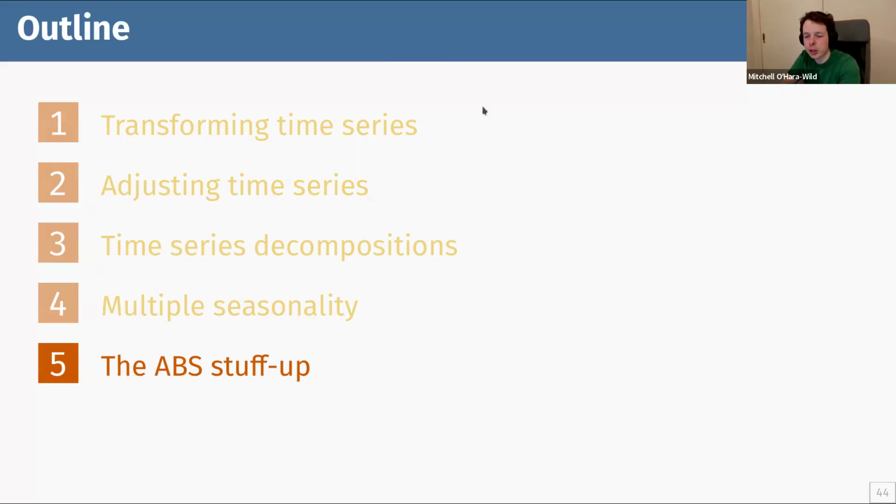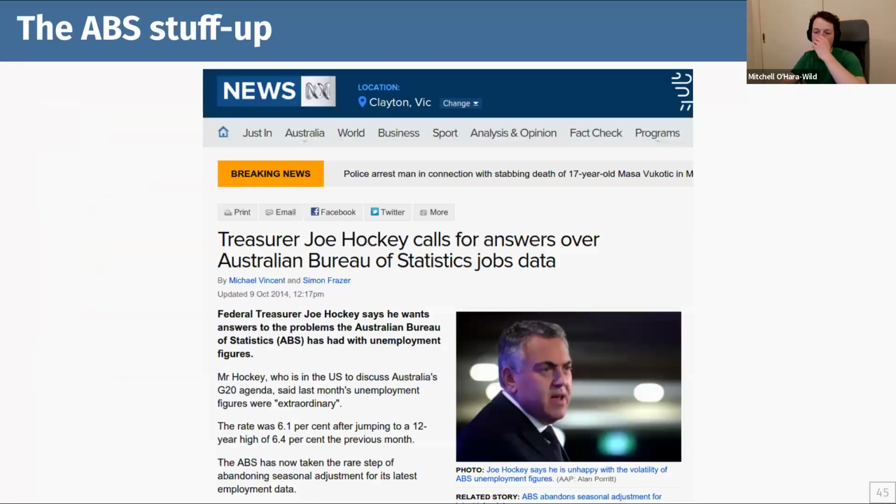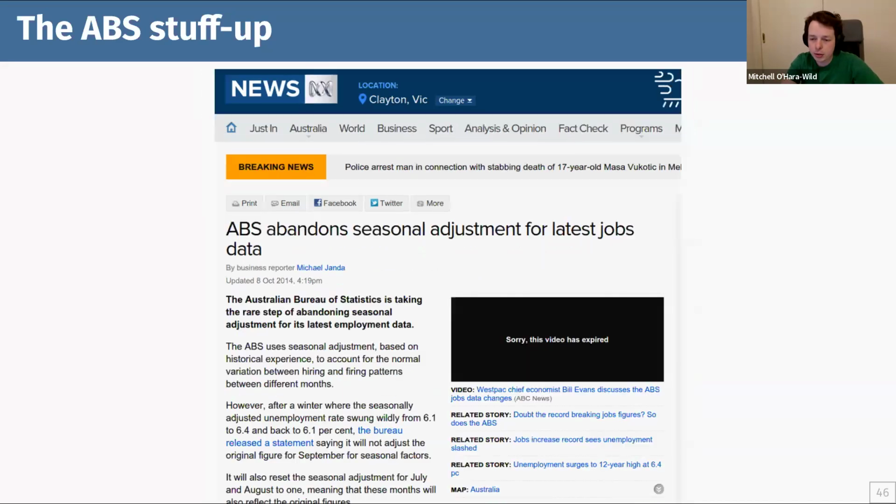Okay, I'm going to finish this first session with a word of warning about the ABS. This is the Australian Bureau of Statistics, and they were doing a decomposition on employment data. So you can see that this news story was quite important because a lot of businesses were very concerned. A lot of politicians were very worried about the ABS reporting of this figure, because what happened